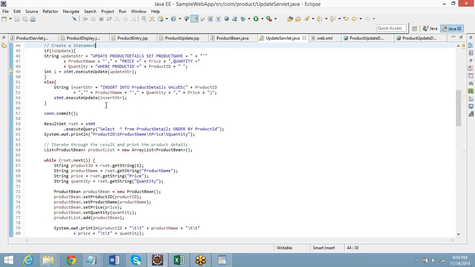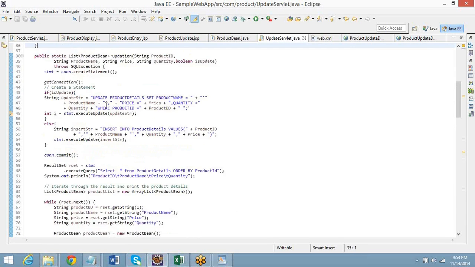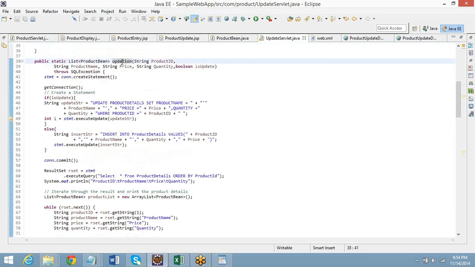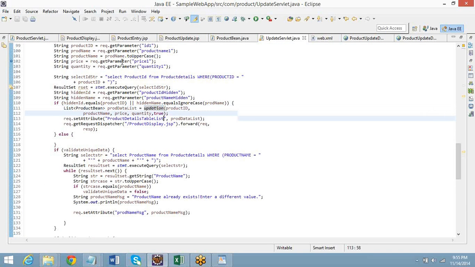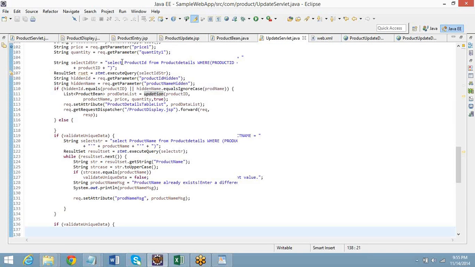Control F, updation. Control K, right? There are so many options, you can use anything. One second. Wait. Okay, all that unique ID and all. Go a little down.